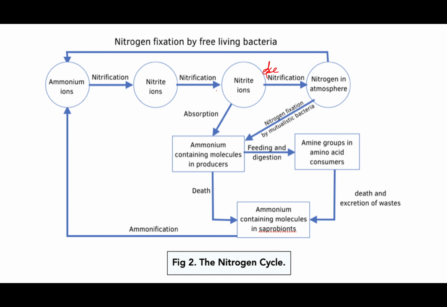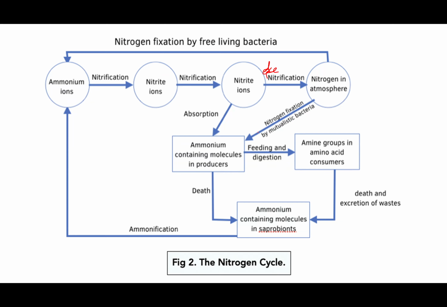When nitrites and nitrates are absorbed or assimilated into organisms, primarily the producers, and then animals consume the producers, and so on. So by feeding and digestion, that's how the animals, the consumers, get the amino acids, right? When both die,